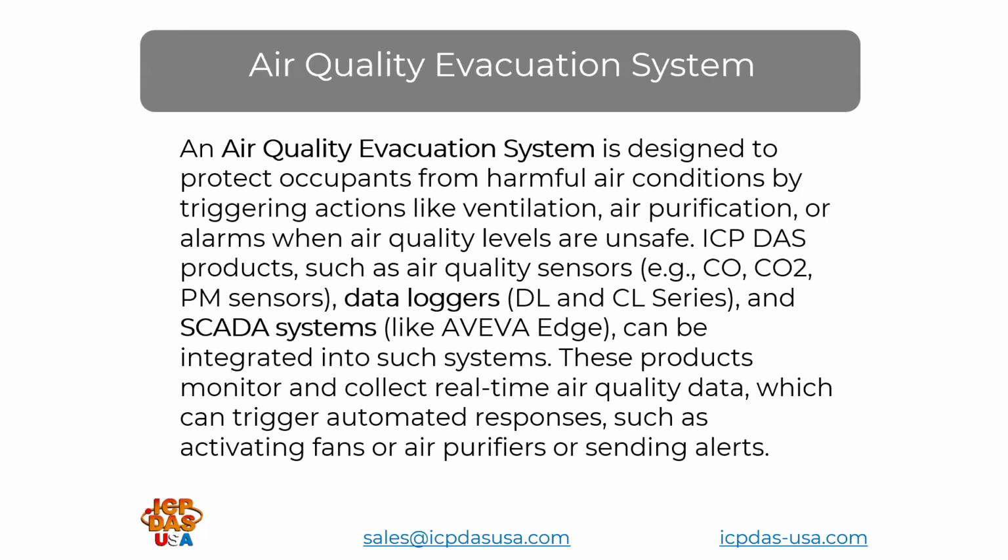These devices continuously monitor environment parameters, transmit data to a central system, and trigger automated actions. For example, when sensor data exceeds predefined thresholds, the system can activate ventilation fans, air purifiers, or send evacuation alerts